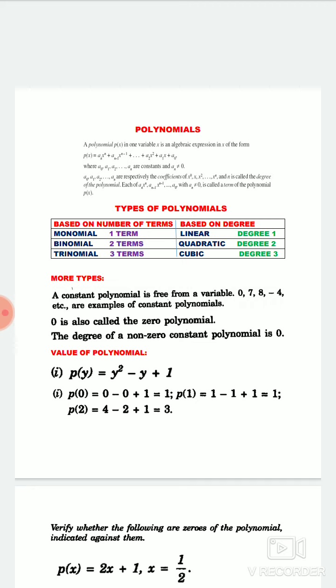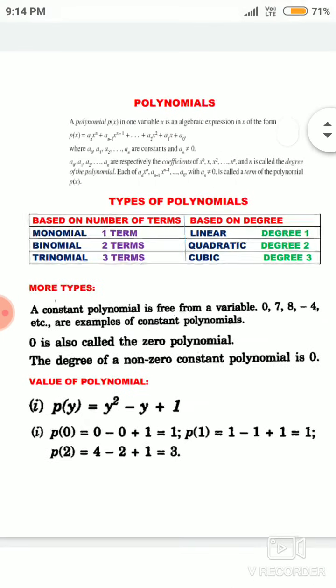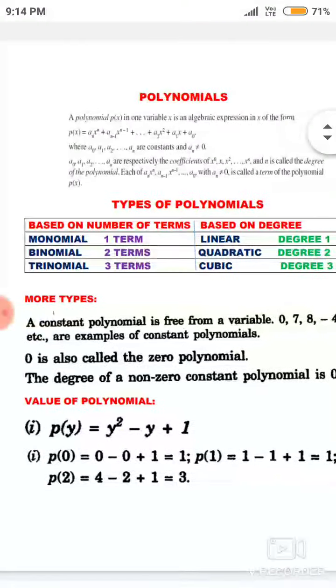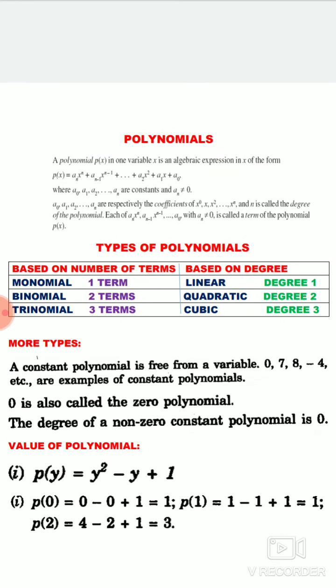Now today I am going to tell you about the second chapter. In brief, I will just tell you about the whole chapter, and for practice of the different types of questions, you have to go to the PDF copy. In online classes we have covered each and every question by solving them, and we have sent you the PDF copy in your class groups, so you should go through that for solving the questions.